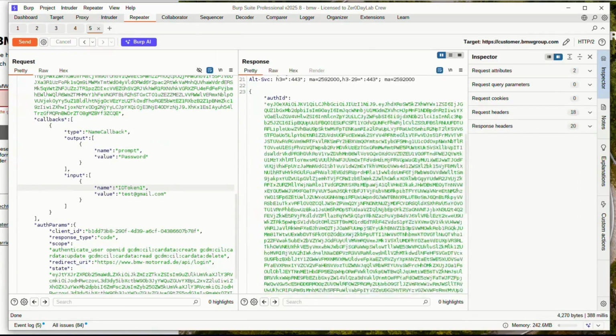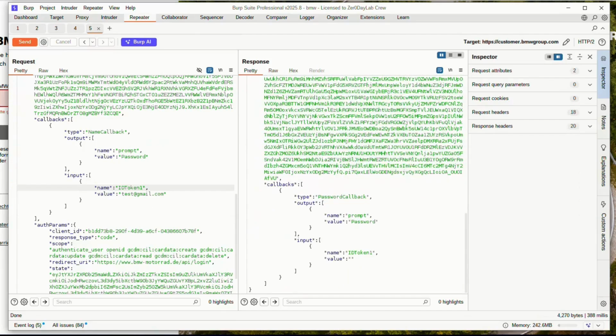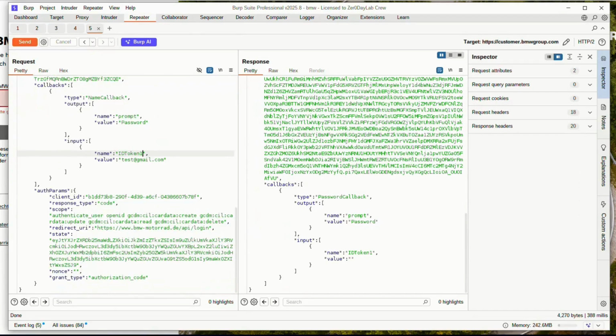So here the password value, password callback, then name callback, and then password callback. The value is this, and you get my point. What we have done till here is submit a single quote and watch for errors or differences.